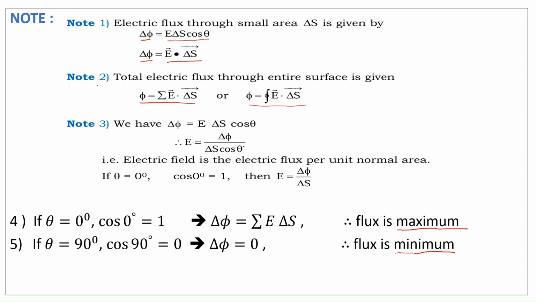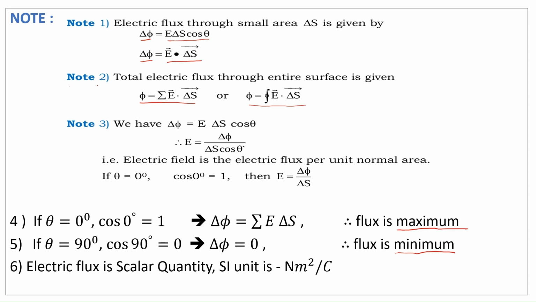Therefore, flux is minimum. 6. Electric flux is a scalar quantity. SI unit is Newton meter square per Coulomb. Next,